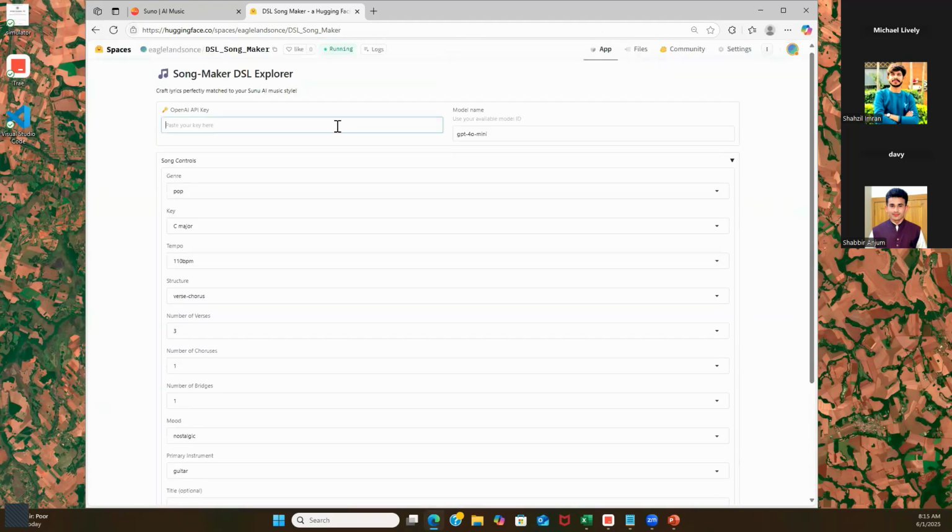So we're going to put the key in there. I will give you a key later today. I'll send it to you on LinkedIn. Make sure you don't give it to anyone else, because I had an instance a couple of years ago when I had a hackathon. I gave a key out, and I went back about 6 months later to use that key, and it had been completely used up. So just make sure you don't give it to anyone else, and you use it just for this project.